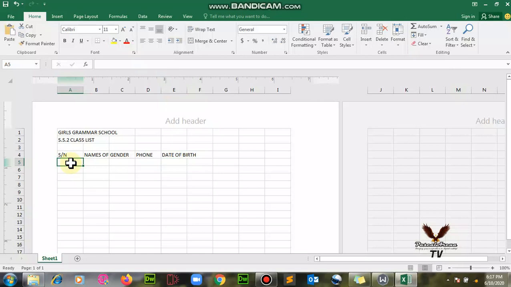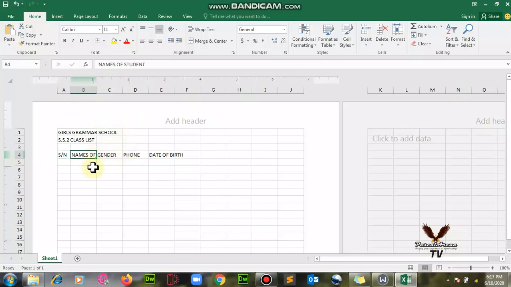So that's what I have, but if you take a look at this, it doesn't make any sense at all. It looks all tattered, so we need to add some formatting for it. We'll start from the very beginning. Select first, make sure that the column for serial number is not too big. It's too big, so contract it. Then the one for names of students is too small, so expand